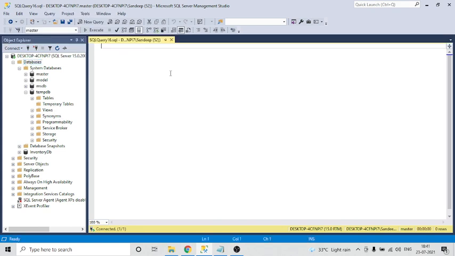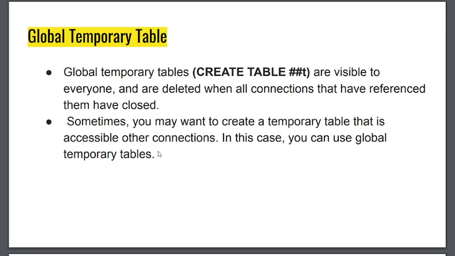This means your global table is also deleted once you have closed all the connections that reference the table. So in this way we can see how global temporary tables and local temporary tables behave.